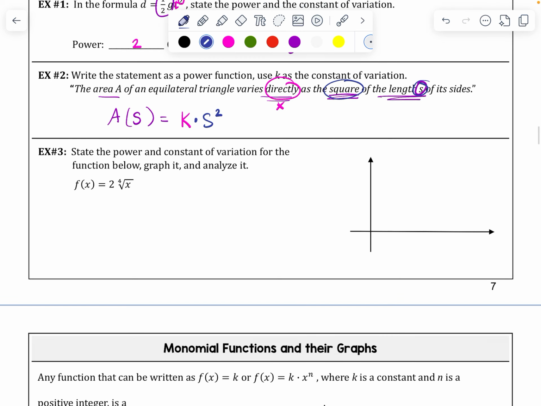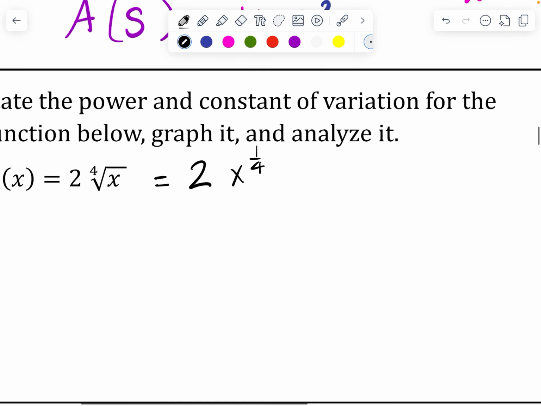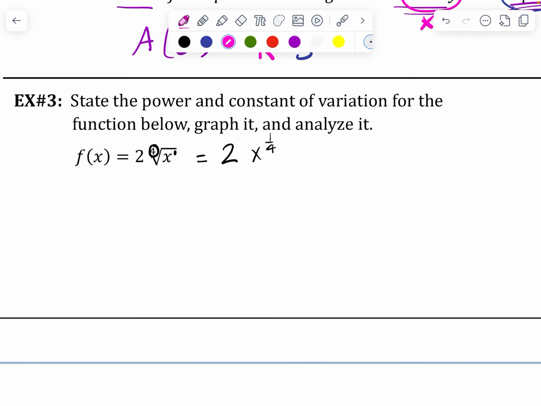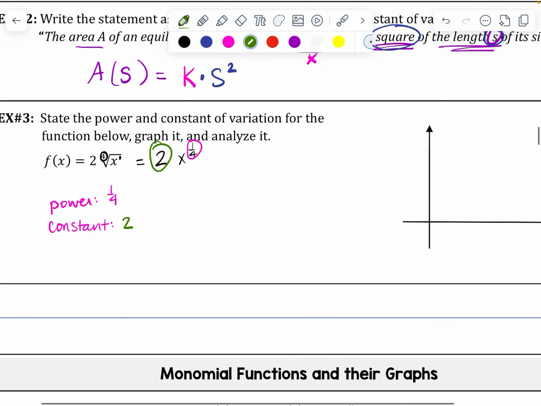Okay, number 3, it says state the power and constant of variation for the function below, graph it, and analyze it. If I see that we have 2 times the 4th root of x, this is equivalent to 2 times x to the 1/4. Because remember, if this has an x, this is a power of 1. And anytime you have a root, that is the denominator of a fractional exponent. So we know that the power is 1/4, and the constant is 2. So we also know that if I'm going to graph this,